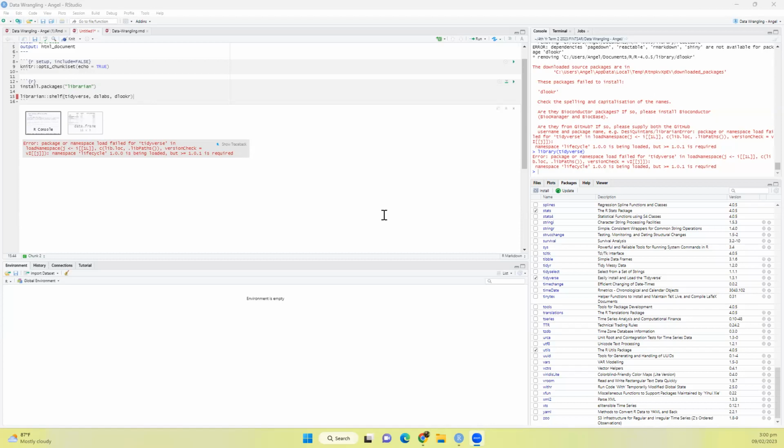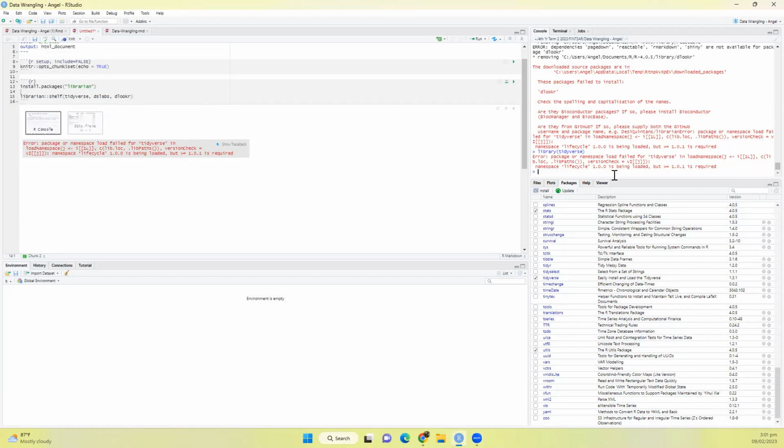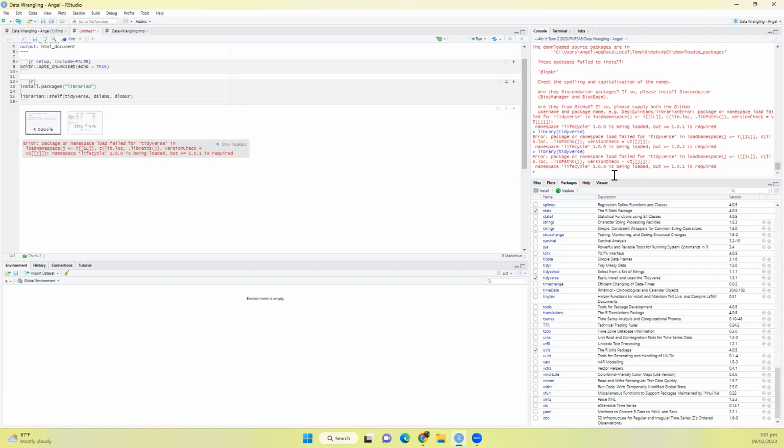Could you kindly run library here in the console instead? Library, in the console. Library, and then tidyverse. Let's try. I think it has something to do with the version of my